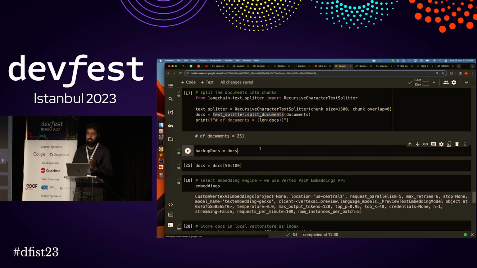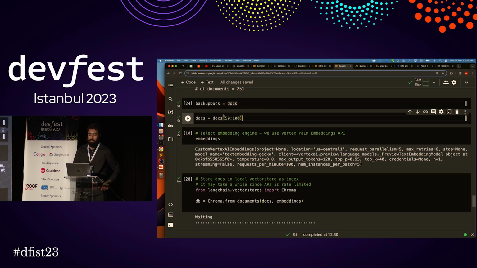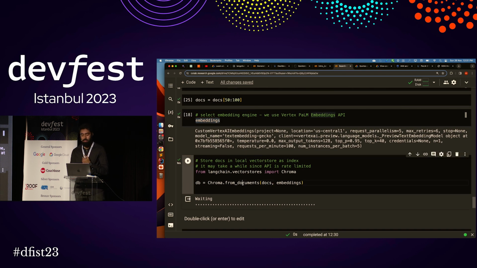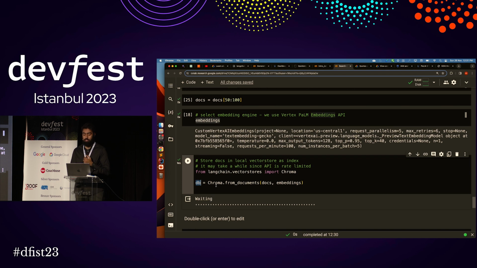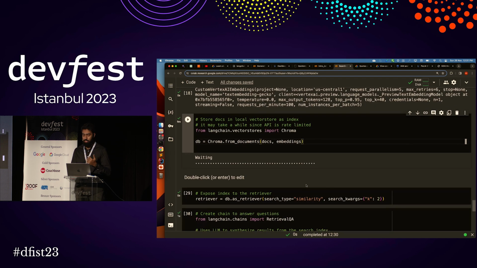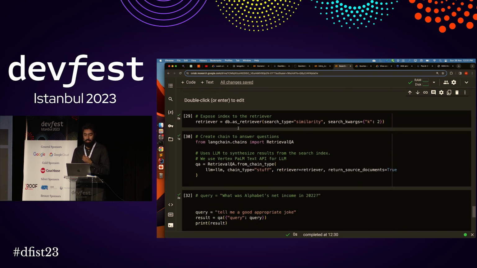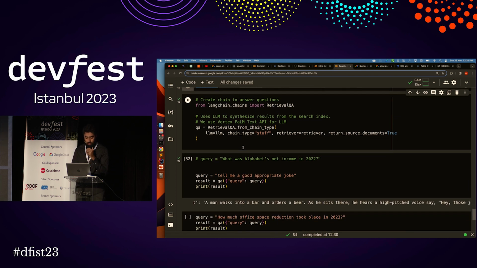Very basic stuff. Everything I copied from their documentation, and then we retrieve the embeddings for these documents, and those embeddings are stored in a vector store called Chroma. You can also use any other. Chroma comes pre-configured with LangChain, so it's very easy to configure. And then we get an instance of retriever and start asking it questions.